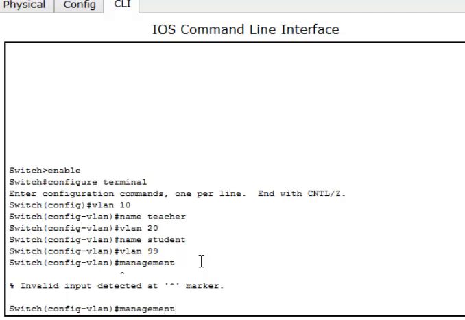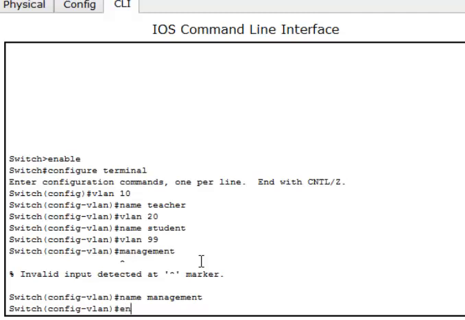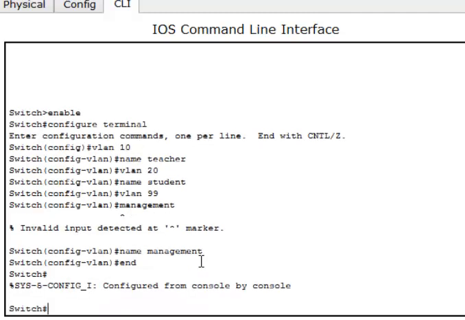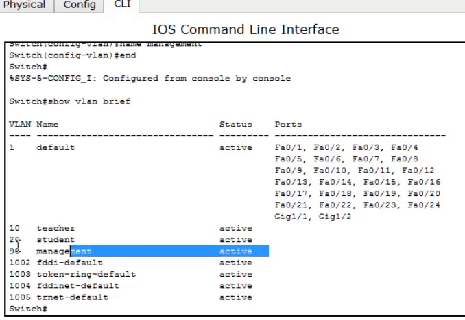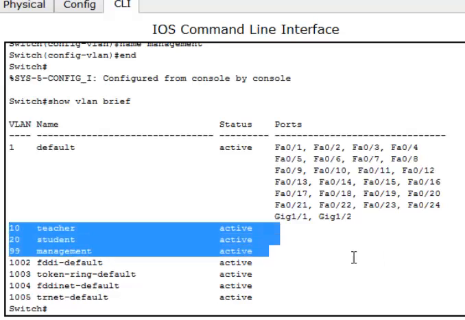Sorry, I forgot the name, management. And again, to verify the VLANs have been created, we will now type show vlan brief and see, I have created again three VLANs.